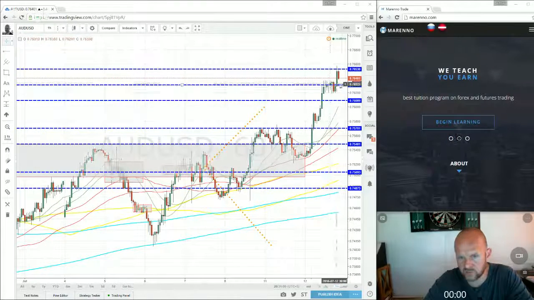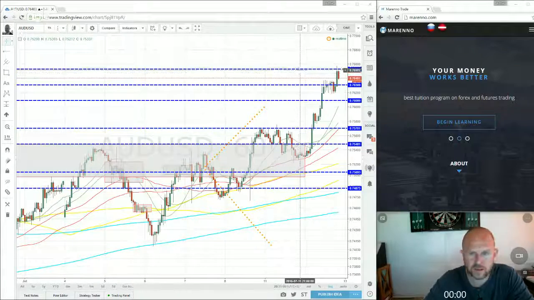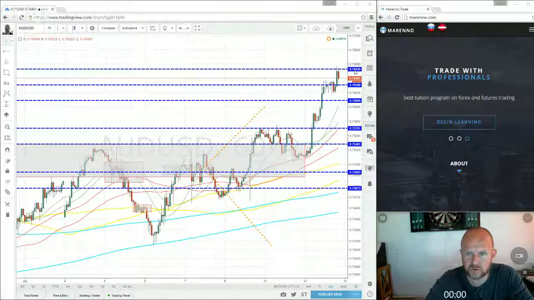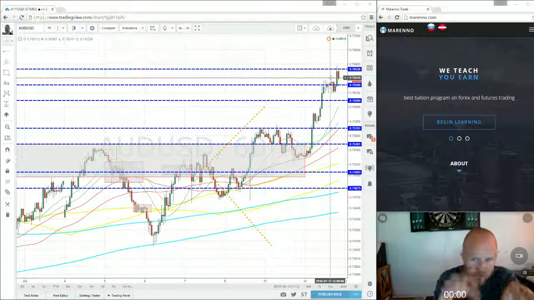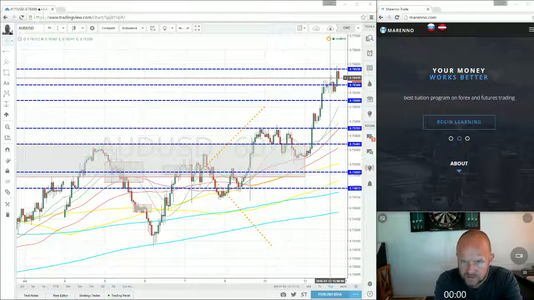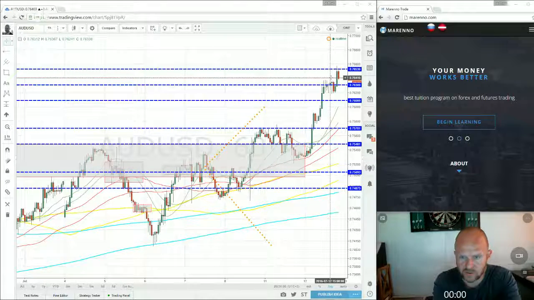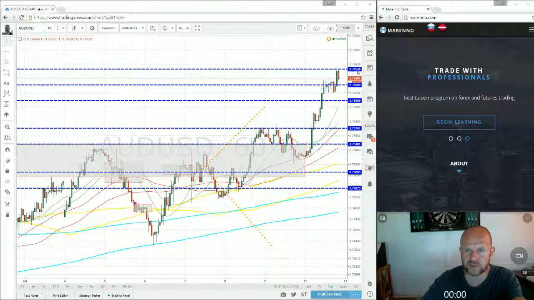Basically, I did have a break even, so didn't lose anything. But what I will do now, I will place, as we can see, a possible reversal pattern. One more time, possible reversal pattern. So risky, and the pattern is not confirmed yet, is not finished. But still, I want to place a limit order at this level,